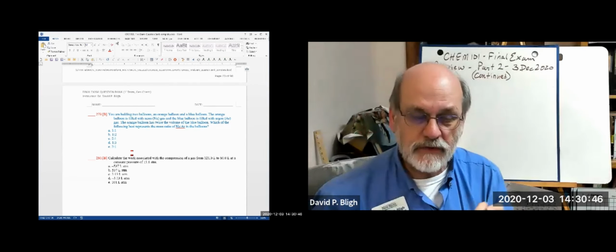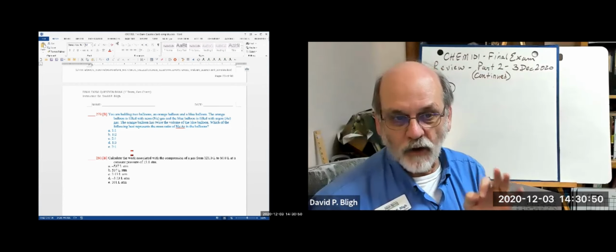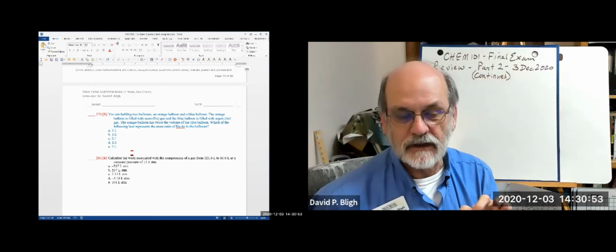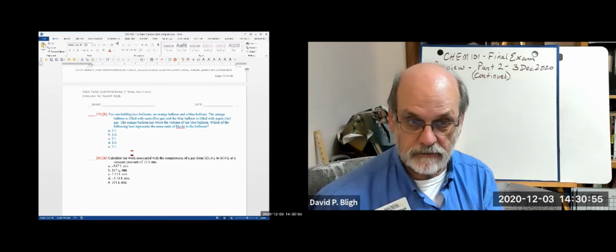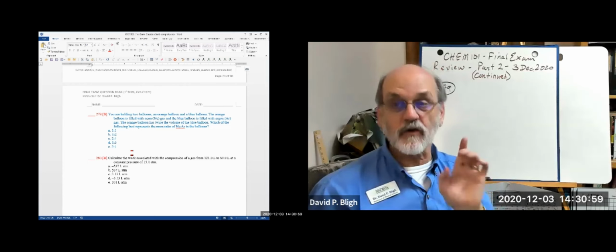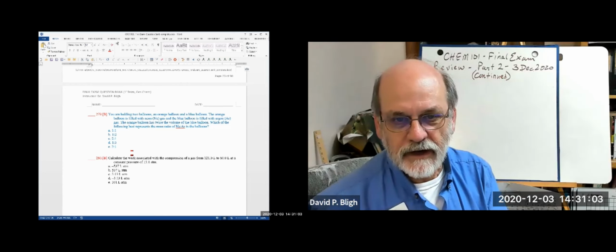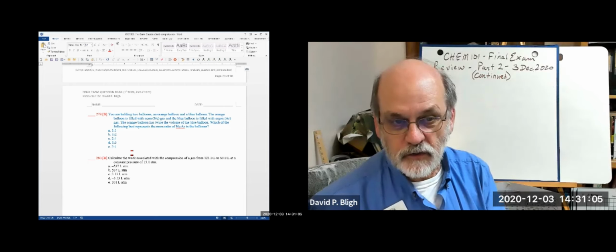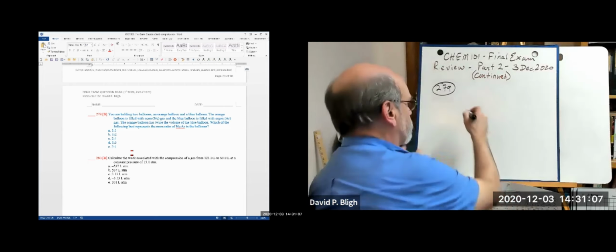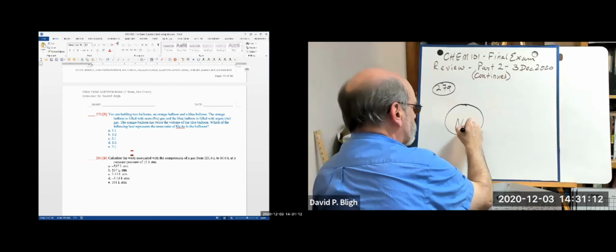You're holding 2 balloons, an orange balloon and a blue balloon. The orange balloon is filled with neon. Blue balloon is filled with argon. The orange balloon has twice the volume of the blue. Okay, now I can draw my picture. Because the orange balloon is first with neon, and it's twice the argon. So that's neon, and then